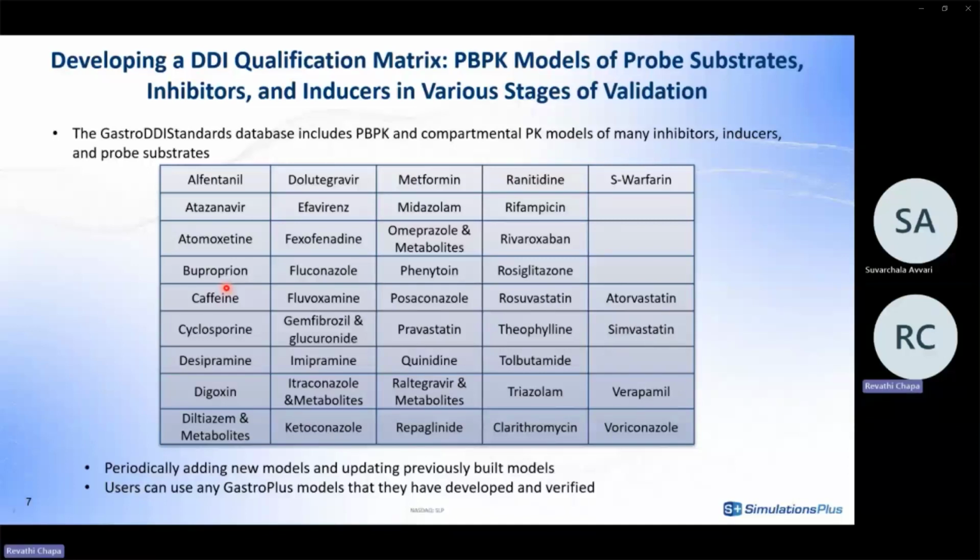Here is a comprehensive list of models that we have in-house, which are frequently worked on and validated with new information. But this is not just the list. We are also working continuously on developing new models based on regulatory interest. Apart from that, any sponsor or innovator can also work on their compounds and create PBPK models if they think that their compound can have some inhibitory potential for any transporters or enzymes.